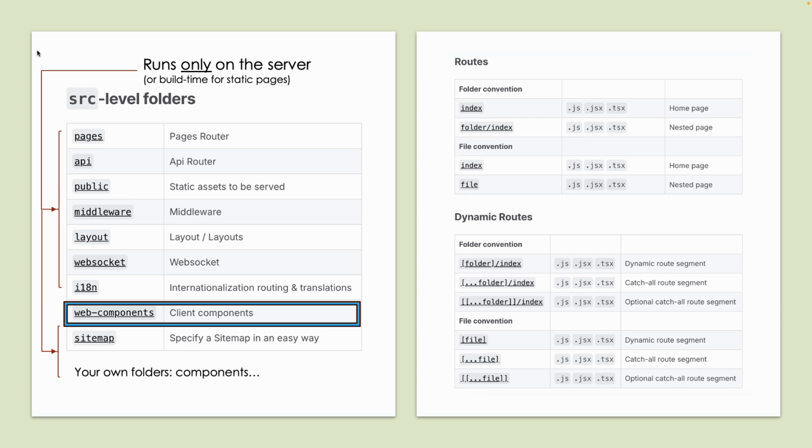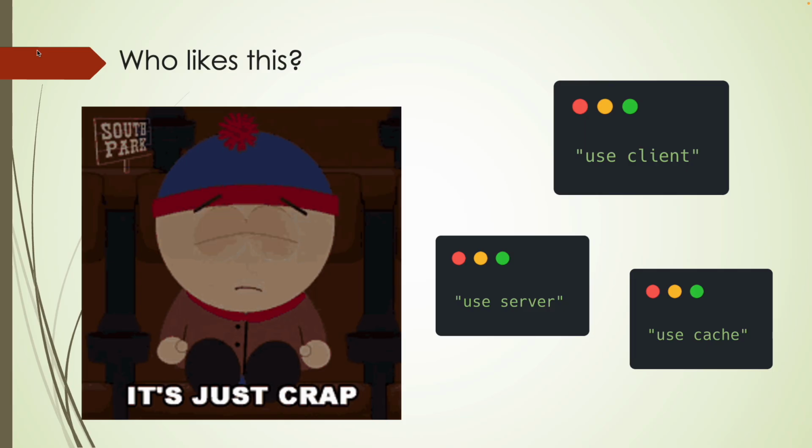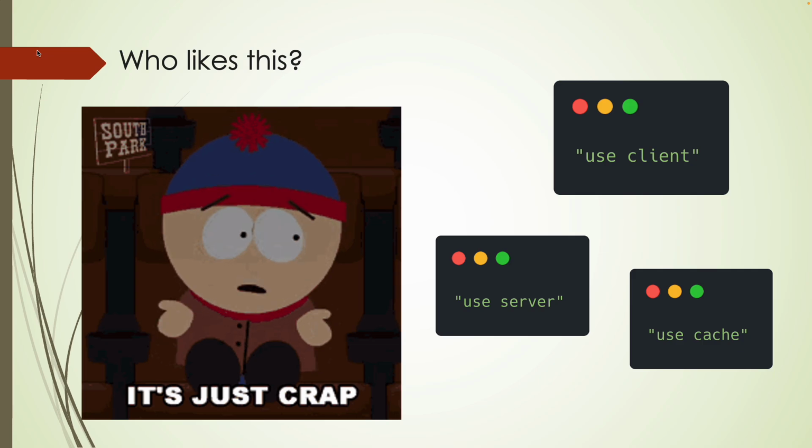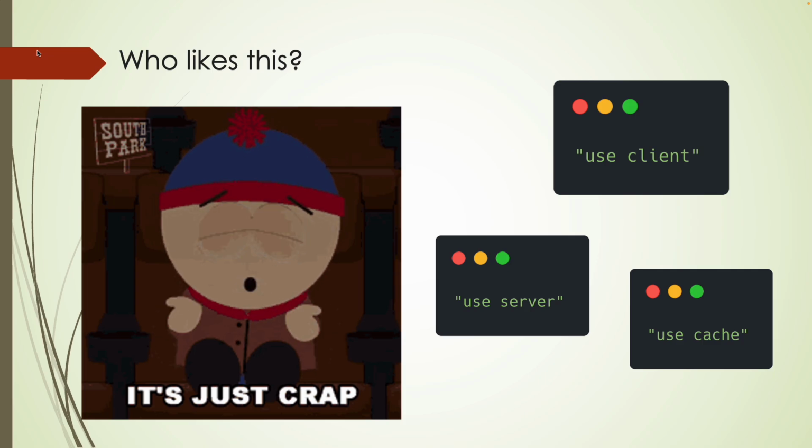This is important because we like the separation of concerns. So the server actions can only be used in the server code. Inside the web components, all the events are normal browser events. And in the server actions, all the events are server actions. So we did this separation of concerns because who likes that? Just client, use server, use cache. It's awful. And also, I don't feel comfortable with that because if I forget use server or the